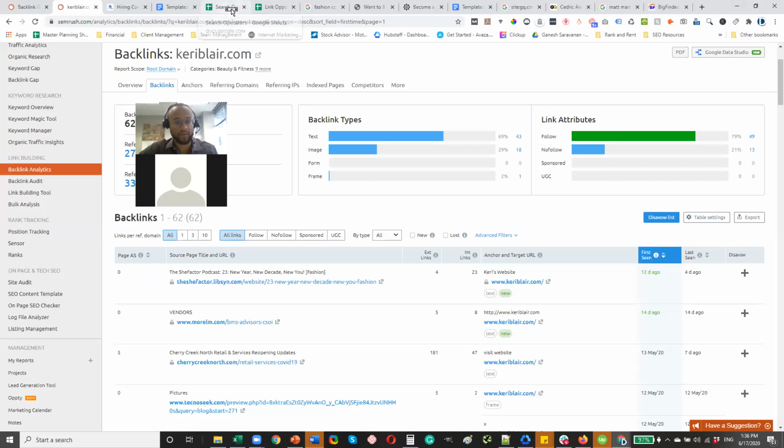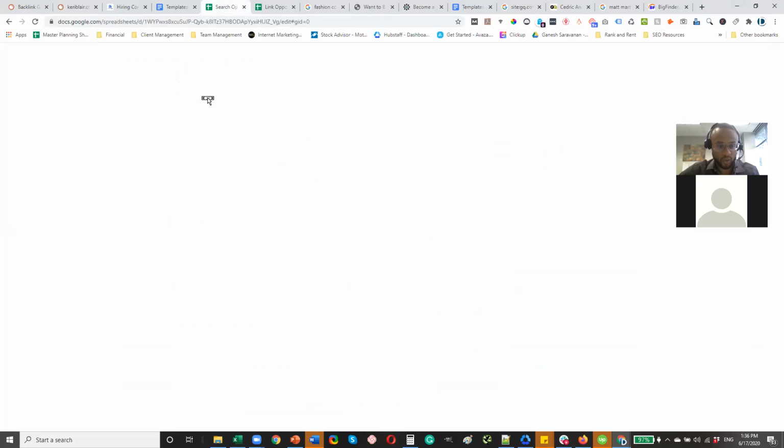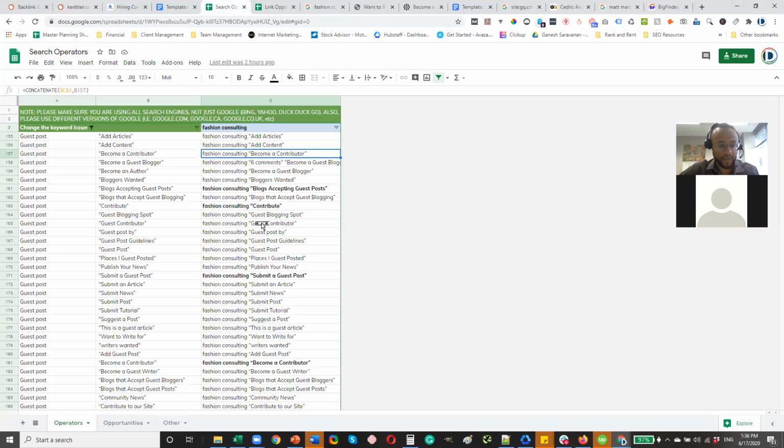So if we click over here, this is a tool I use. It's pretty much a database that's going to generate search queries for link opportunities based on your keyword. I just shared this in the resources folder, so you'll have access to it. But just to show you how this works,